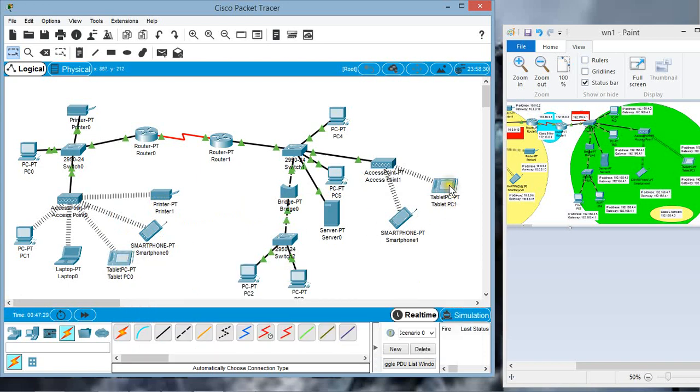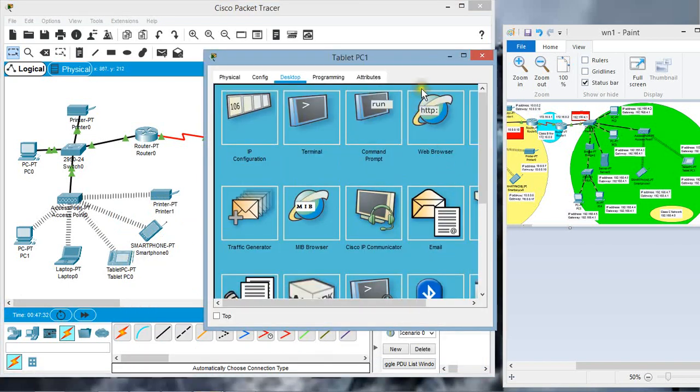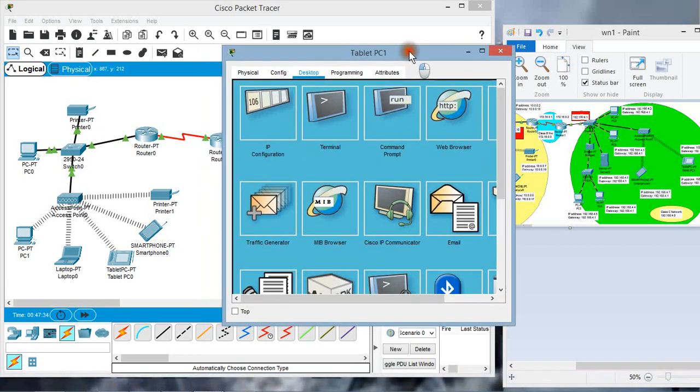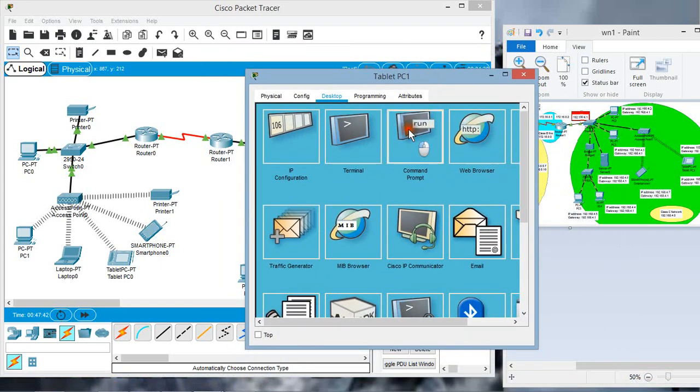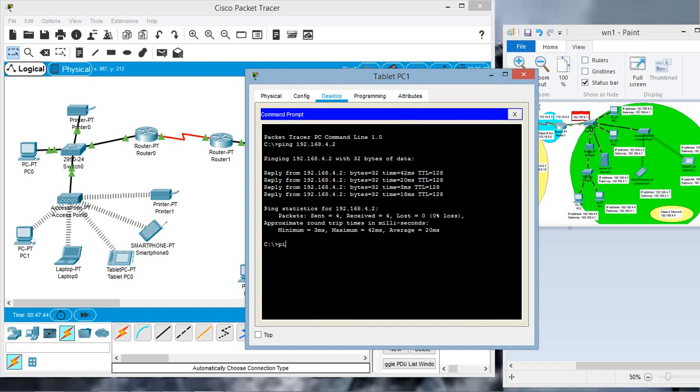On the tablet PC of LAN 2, I will use the command prompt and check the ping response from the tablet PC of LAN 1. The IP address of that tablet PC, as we just verified, is 10.0.0.7. I should get the successful ping response here. If I get it, it means the devices can communicate with each other.